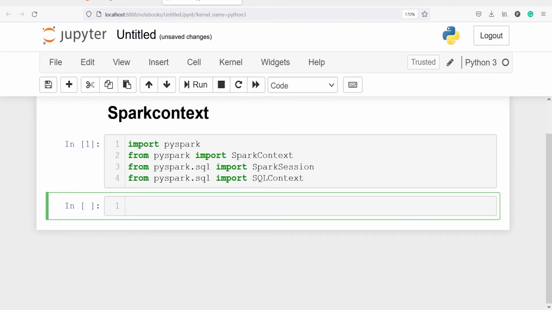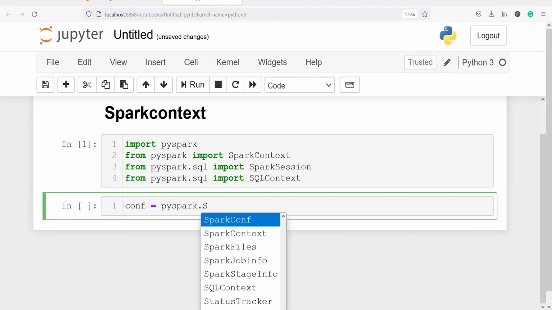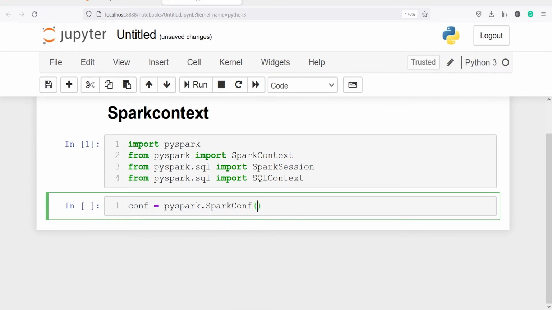Now we are going to define this Spark configuration. So I'll make one variable conf, and from PySpark, I will call Spark configuration, SparkConf, and then I will call set master.